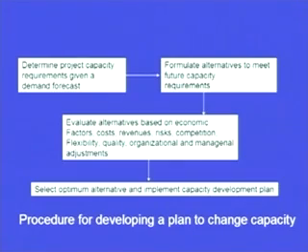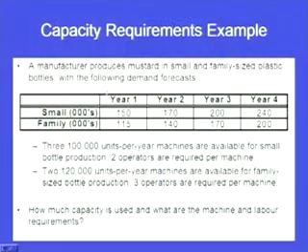Now, we would consider certain examples in which capacity planning is actually being done. So, let us first take a simple example. This is a capacity requirements example. Let us first go through the problem. A manufacturer produces mustard in small and family sized plastic bottles. So, mustard is being produced by a manufacturer in two types of bottles, small and family sized plastic bottles, with